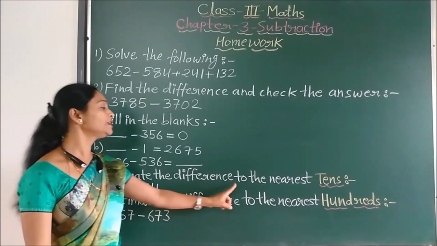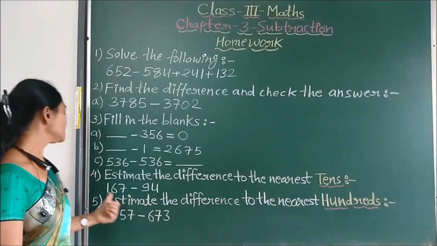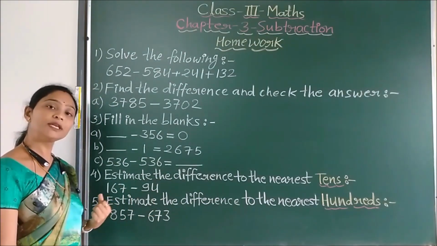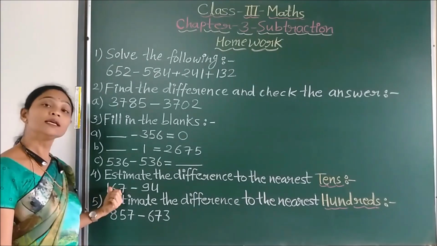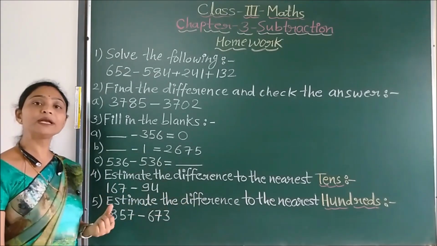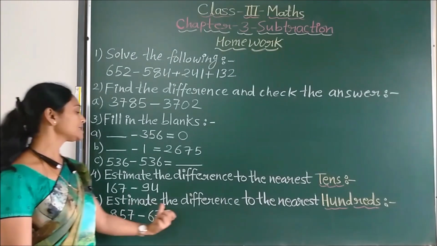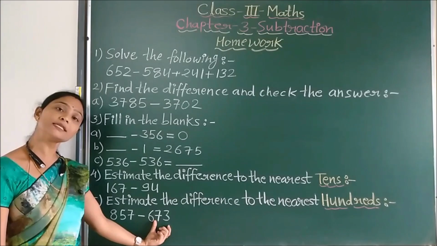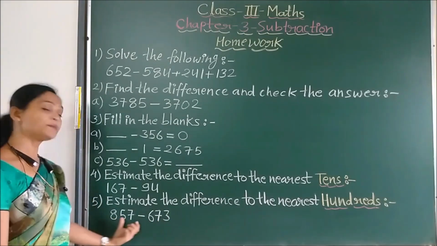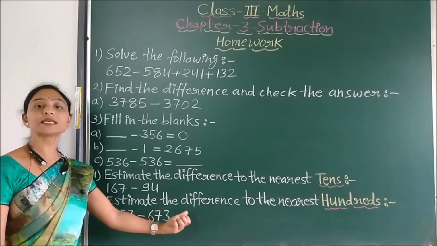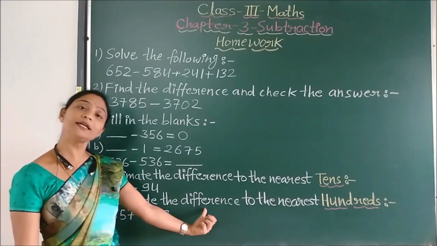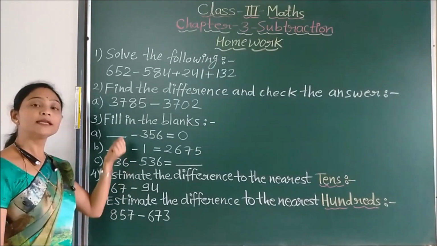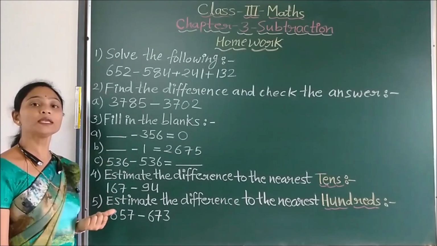Then estimate the difference to the nearest tens. These two numbers are there. Both the numbers first you have to round off to the nearest tens, and then you will subtract and get the estimated difference. And here to estimate the difference to the hundreds, both the numbers you have to round off to the nearest hundreds. Then you will subtract and get the estimated difference. So this way you solve all these questions, and then you write in your homework copy. The next exercise